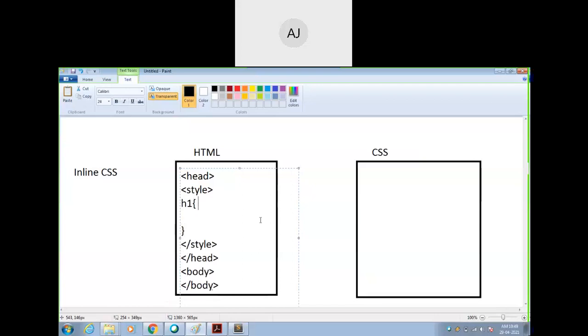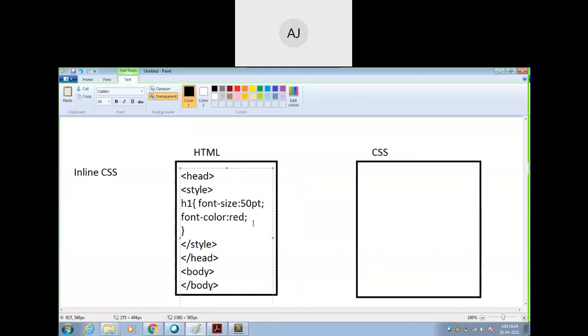Now what property I want? Font-size is say 50 points. Okay, next one, I want one more, font color. So I will use font-color is say red. Is it okay? So this is what I am writing, the CSS.